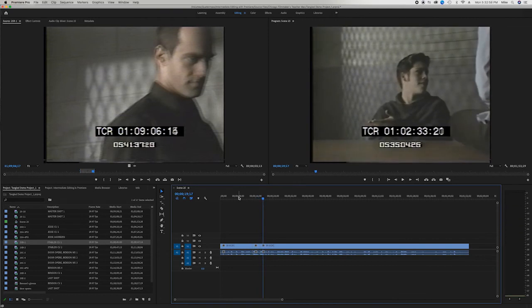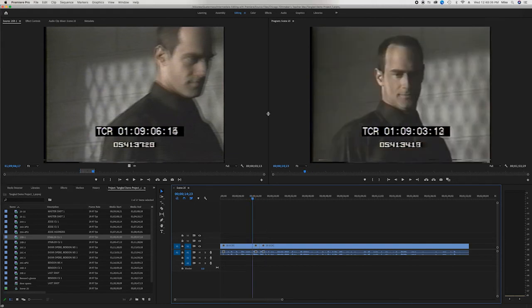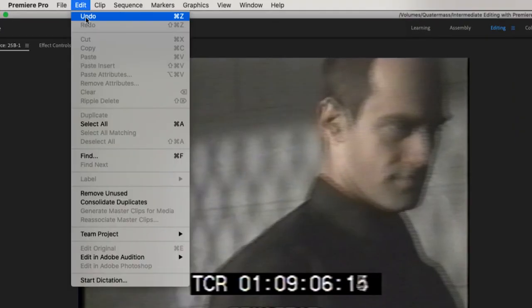Now that in mark, so you saw what happened. It overwrote the original portion of the master clip and stuck in that Stabler close-up that I wanted. With overwrite, you haven't lost any footage. All the frames are still in the original clip, and you can also undo any overwrite that you've done. Now it was a little rough at the beginning, but we're only going for a rough cut with this assignment. Now I want to show you the insert type edit, so I am going to undo the last edit